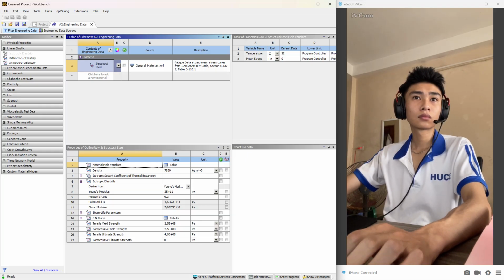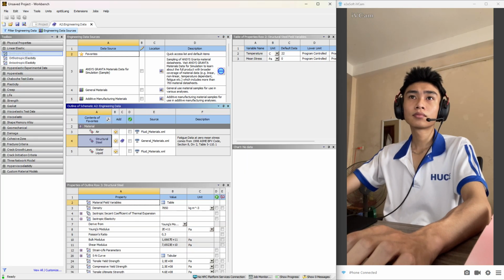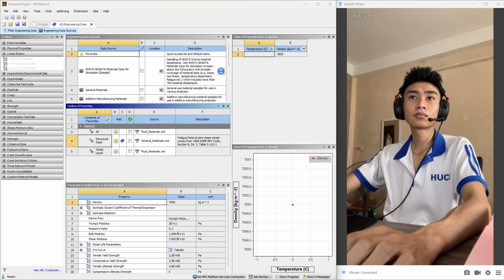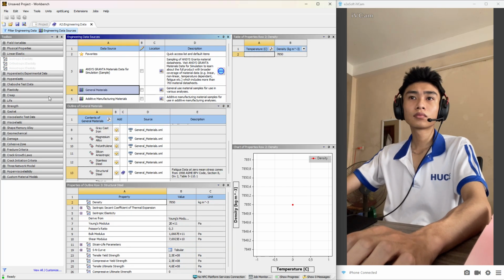Now see, structural steel is the default material for ANSYS Workbench. So first we need to change the structural steel. For that, go to the engineering data source, select general materials. In general materials, search for concrete. If concrete is not available, we can add the concrete property also, but